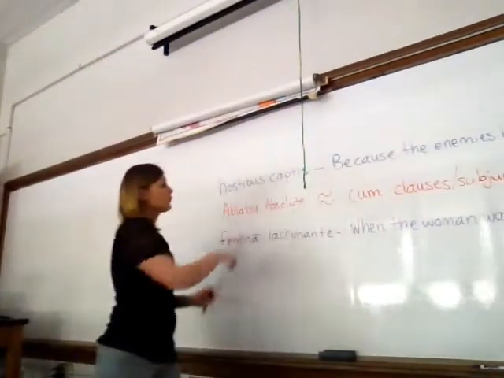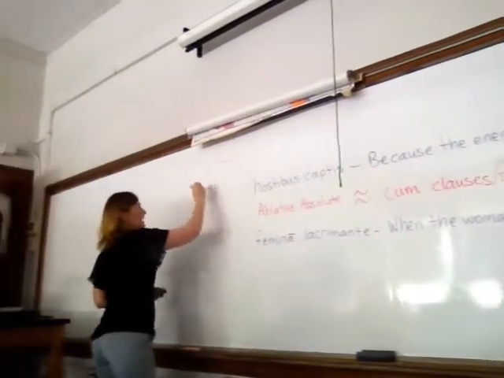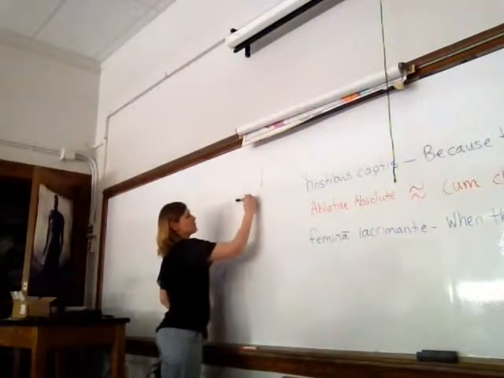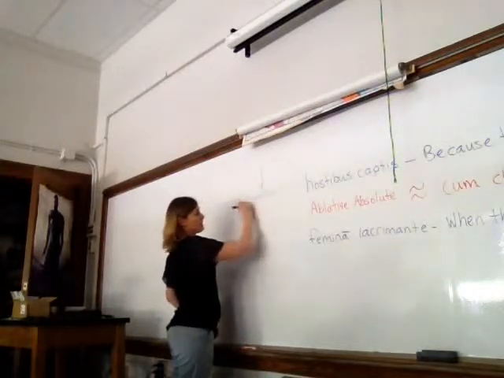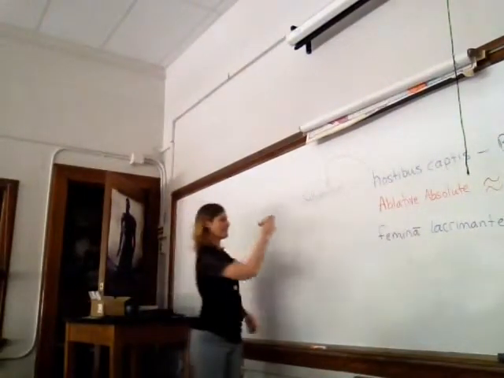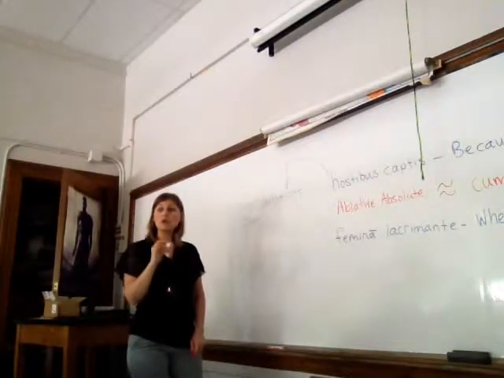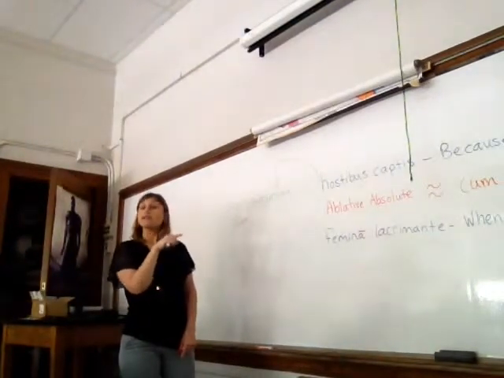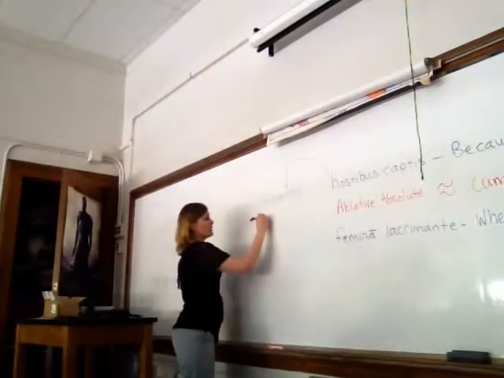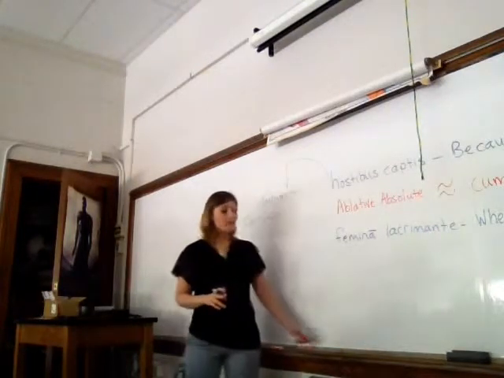So let's take this phrase that's here as an ablative absolute, and we're going to reconstruct it as a subjunctive cum clause. How shall we do it? What is the subjunctive version of this phrase? I'll give you a hint, it's a cum clause. So what should we start with? Cum, there you go. So we want to say, because the enemies had been captured. Who's the subject of our cum clause? Enemies. They have to be nominative because they're the subject of a cum clause, right? So hostes is the nominative version. And then we said had been captured.